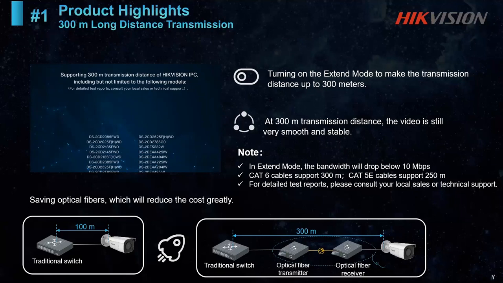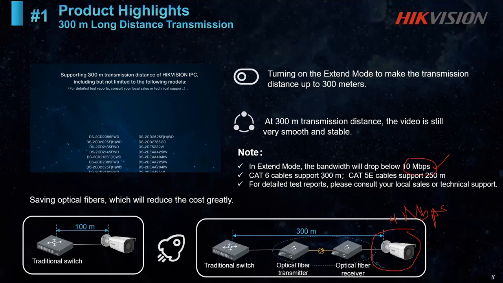And there are a couple of trade-offs as well. The bandwidth actually drops to 10 Mbps, but that is well sufficient for an IP camera to operate. As you know, even a 4 megapixel camera can be using only 4 Mbps bandwidth. So 10 Mbps is well enough to handle a camera. And also,